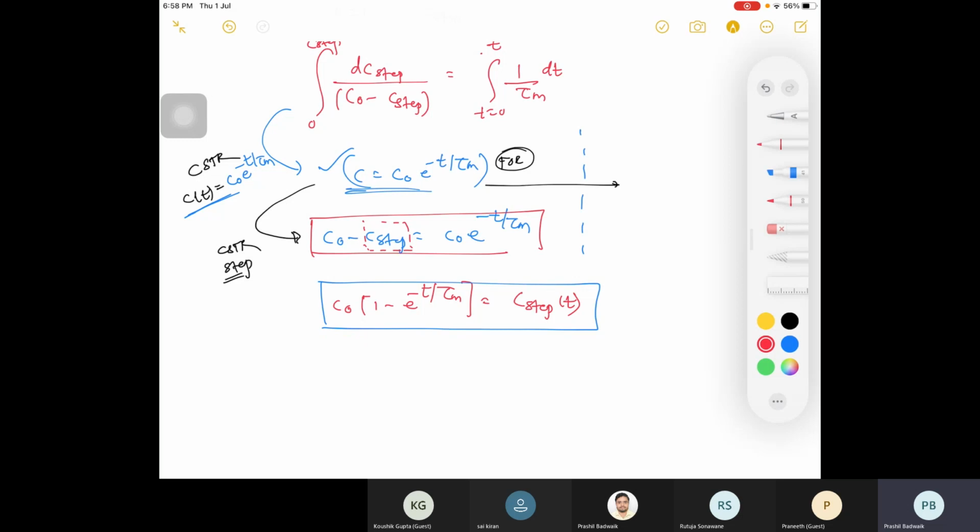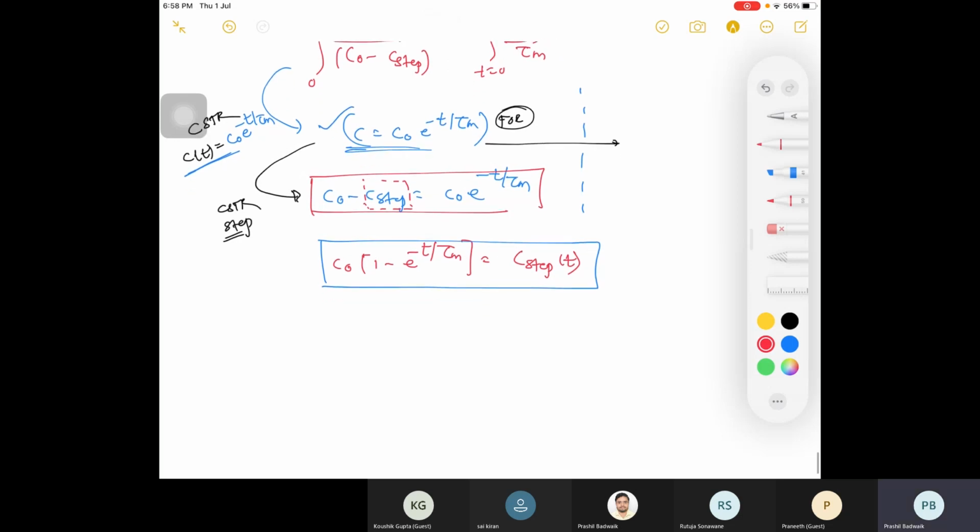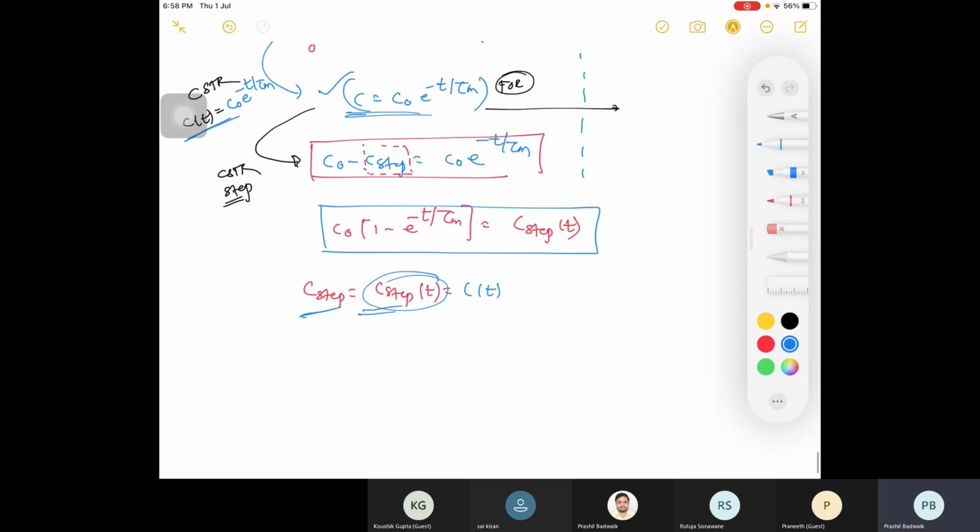It is similar. You can see here you are subtracting concentration at any time, and then you are getting this profile. So this C step is basically your C step at any time t, or in general you can write it as C at any time. But in order to differentiate, I wrote this and this. Now, can you please find out what your profile is?